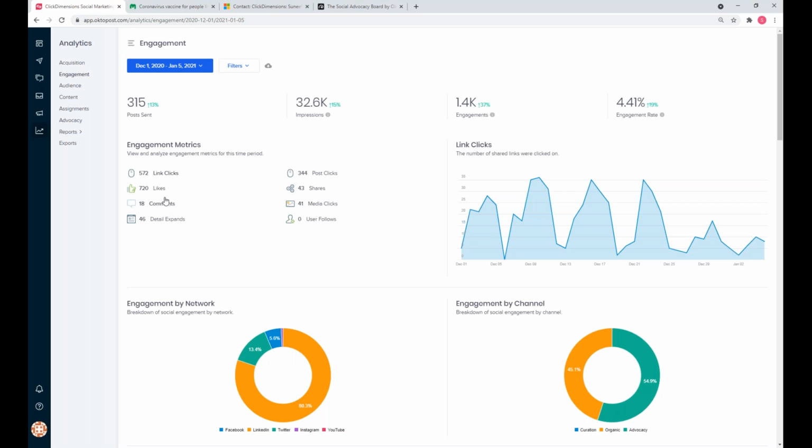But maybe on Facebook, if I see some people just liking content, okay, maybe I just want to do quirky images, maybe some funny memes, maybe a quick little video or a GIF or an infographic if I'm not getting any sort of engagement. So we need to use this data to actually help drive the content strategy for sure.